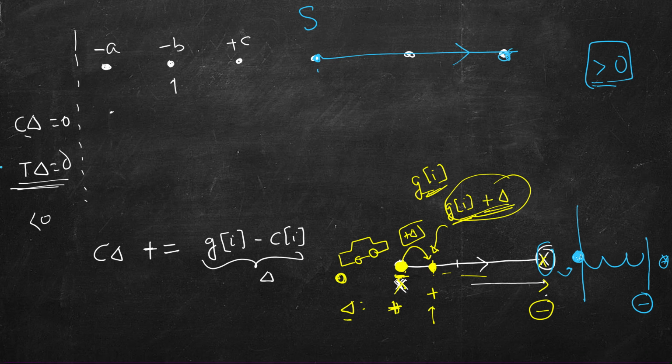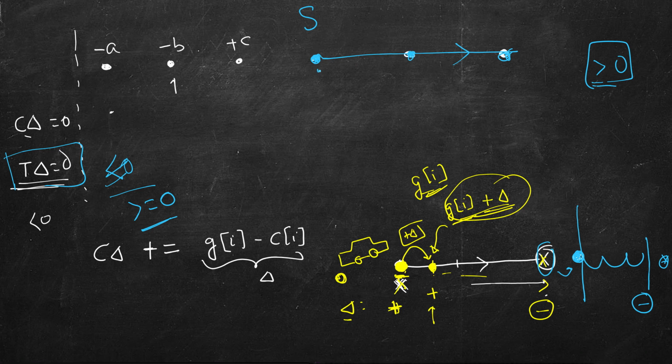Then we check if the total delta is greater than 0 or not. If it's less than 0, no point in checking further, return false. Total is less than 0, there is no way we can reach. But if this total is greater than or equal to 0, then return this starting point. This will be a valid starting point. Now,